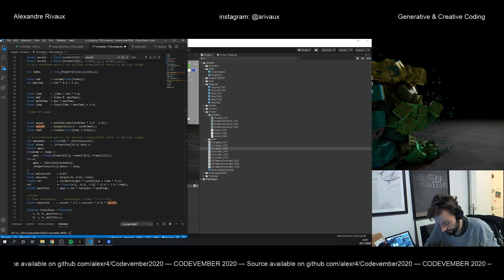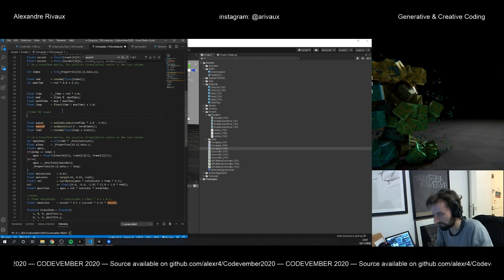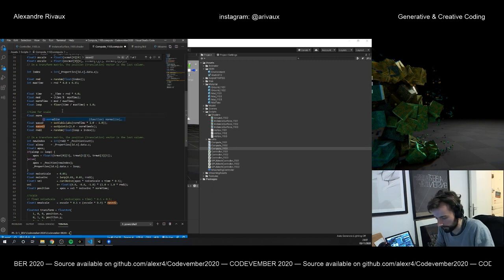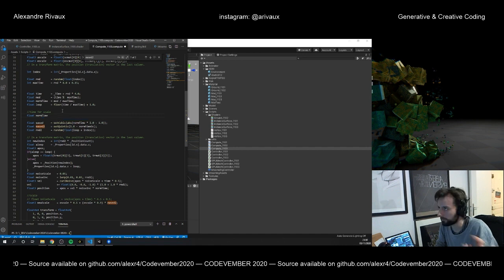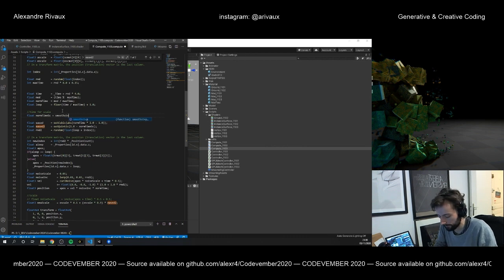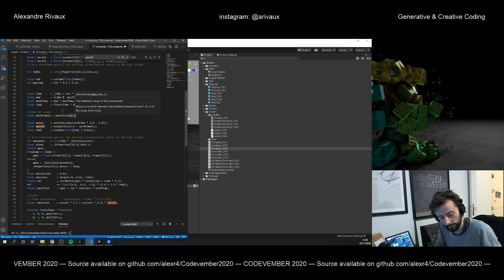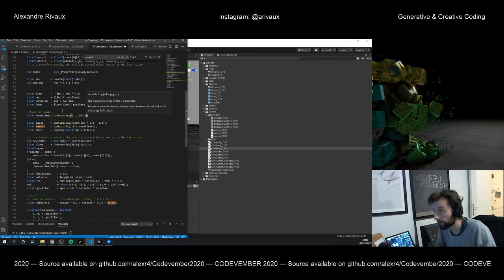Let's try this. I'm afraid of the inversion. Maybe because the inversion here, it will be the inverse. But let's try this. Norm time SC will be equal to, as I said, a smooth step of the norm time, which will go from 0 to 1 divided by 3, no, to the third